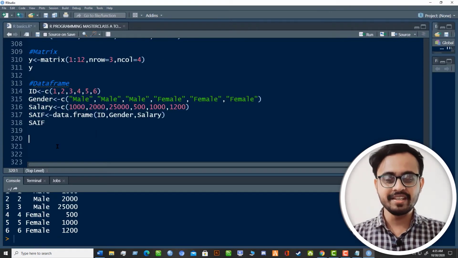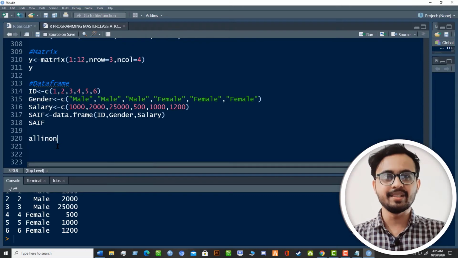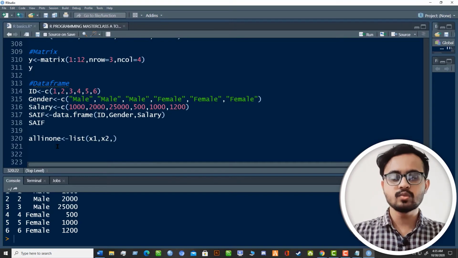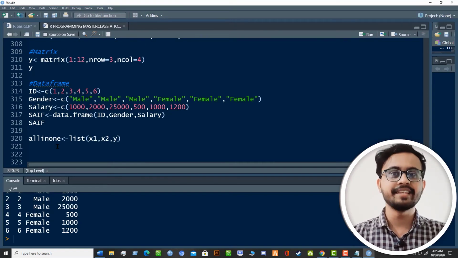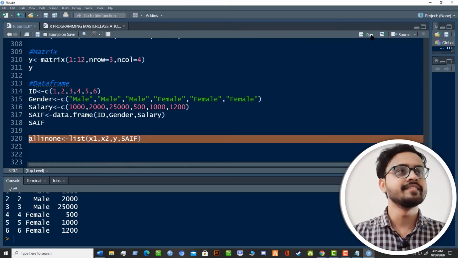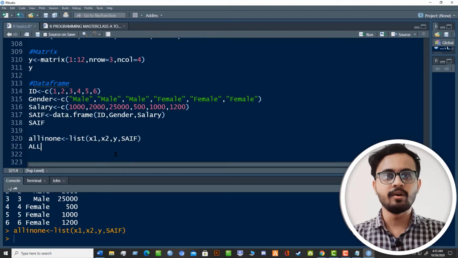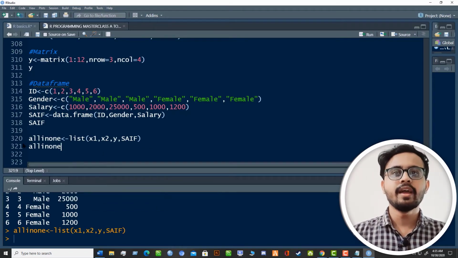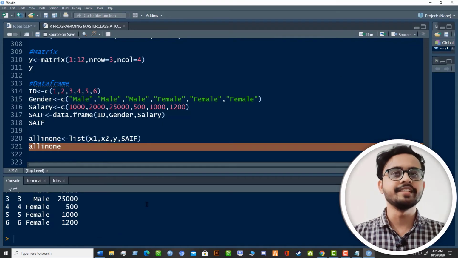Let's say the name is all in one, equal to list, and the vectors were x1 comma x2, the matrix y, and then the data frame name is df. Okay, now let me run this and then call the list name, all in one. Exactly the same name, all in one. And now if I run this, you can see that